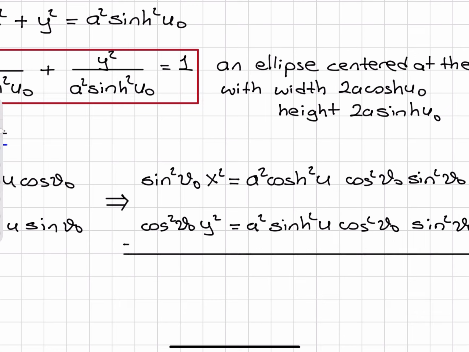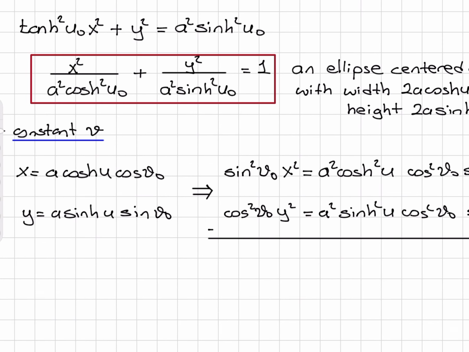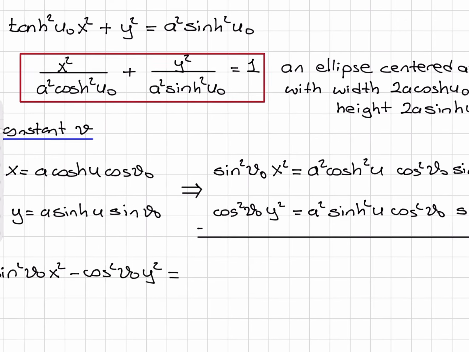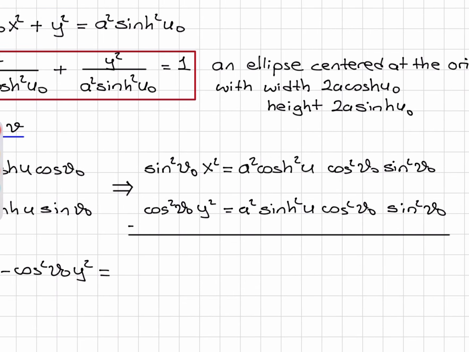So I will obtain, with this subtraction, sine square v0 x squared minus cosine square v0 y squared is equal to, now you can see that a squared cosine square v0 sine square v0 is common in these two. So I will have cosine hyperbolic square u minus sine hyperbolic square u, which is 1. So this will give me a squared cosine square v0 sine square